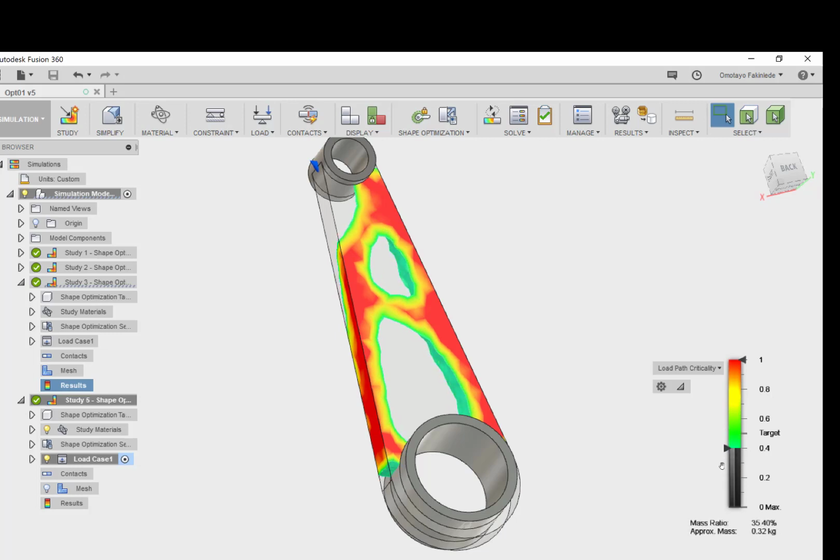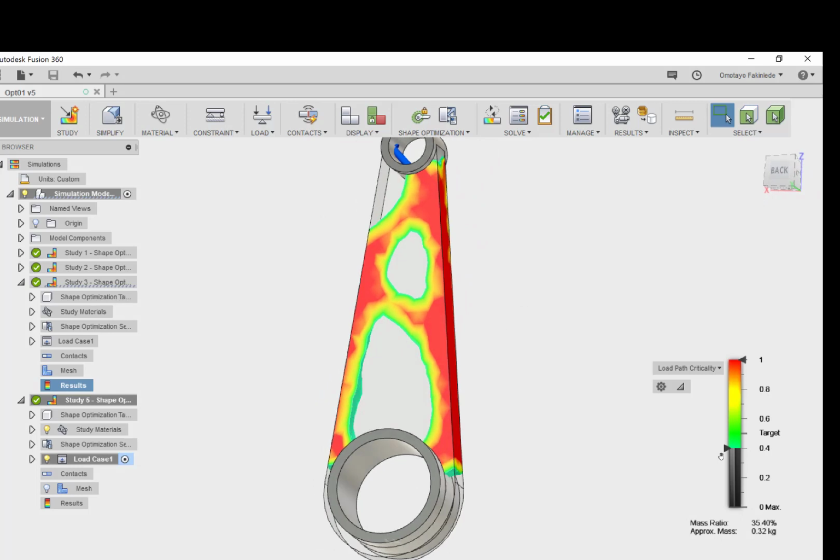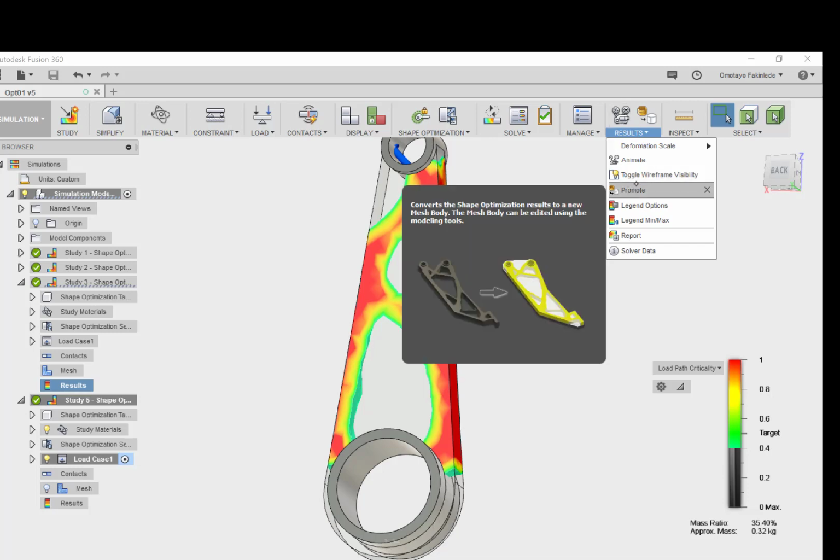If we stay at 0.4, for instance, one thing we might want to do is to use this to redesign the connecting rod. One of the easiest ways to do that is to go to results here and then select promote.